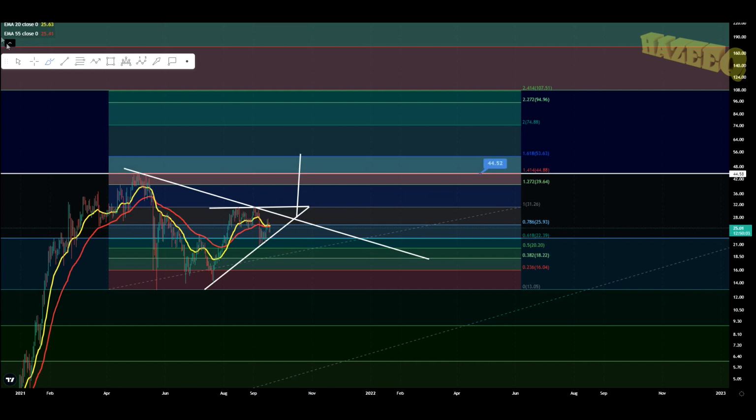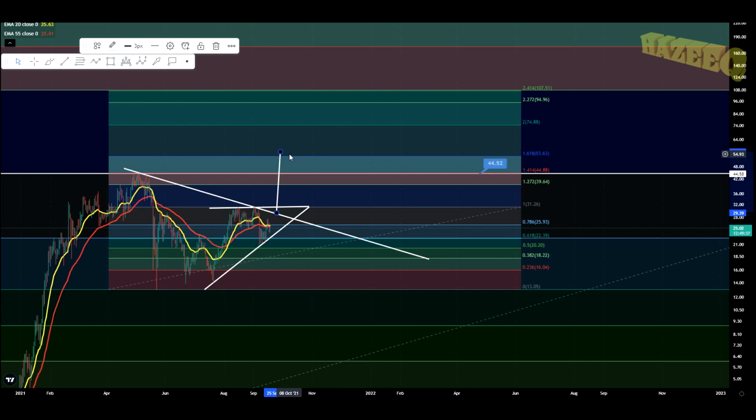So if you break out of this neckline, you have to take a trend line, place it from the resistance all the way to the bottom of the head. You place it at the trend line where you think the breakout is going to happen. Let's say it happens somewhere around here. This would be October. That's a bit too much. Okay, it really doesn't matter, because it gives us a target of